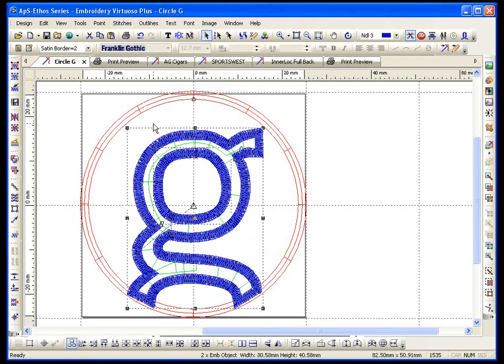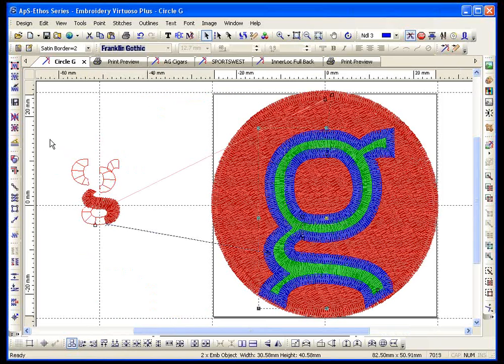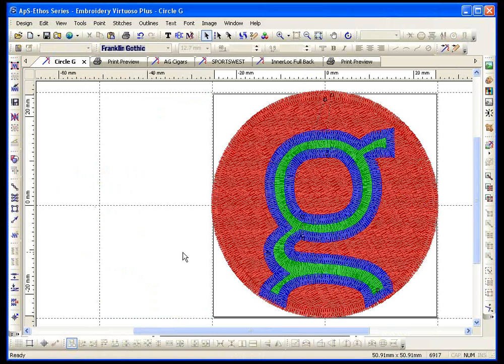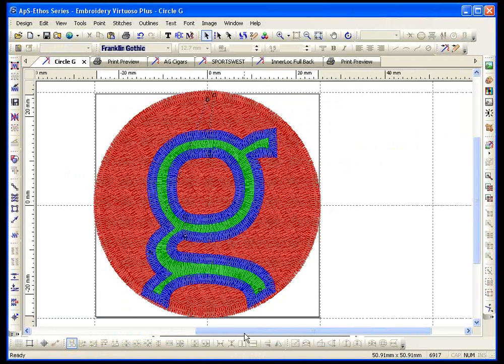So I can make any satin stitch, whether it's a border or a satin stitch that I digitized or a letter, doesn't matter. I can use the Expand Satin on there to make it thicker, to make it bigger, to make it fatter. Now, what I normally do, let me get rid of this stuff here. What I normally do, once I'm done with my design, at that point,